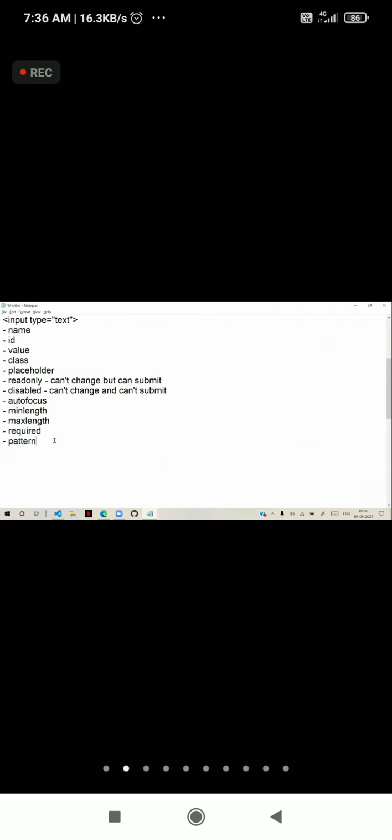At the end of the forms concept, I will discuss that, because it is a very big concept. It will take an entire session, and we will discuss it in detail in HTML only, so that we will not waste time in JavaScript and jQuery discussing it again and again. So we will discuss it in detail at the end of the forms concept, and the same you have to remember forever.